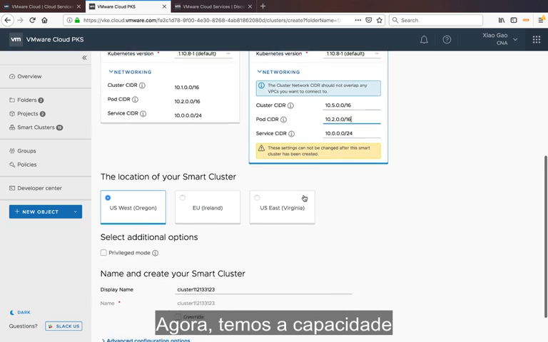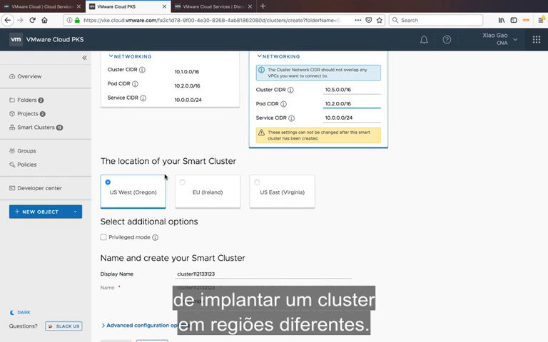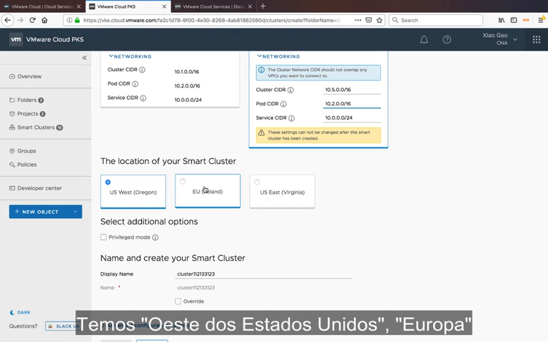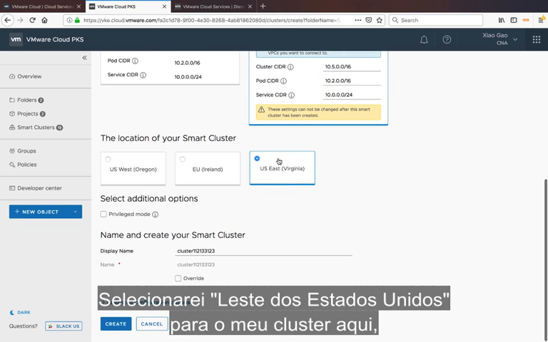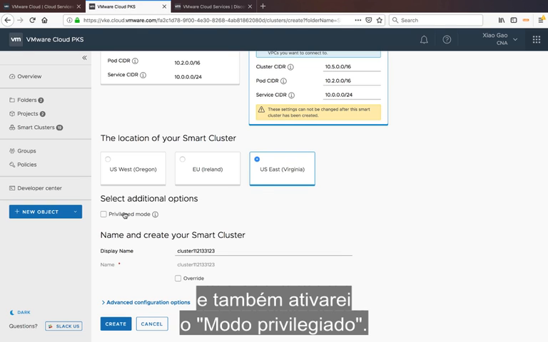Now we have the ability to deploy a cluster across multiple geographic regions. You have US West, you have Europe, or you have US East. This is Virginia, and I'm going to select US East for my cluster here, and then also I'm going to